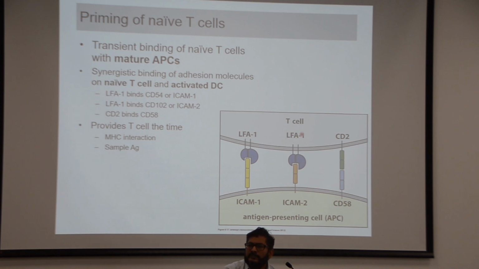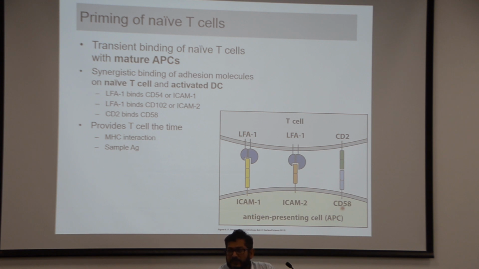T cells on their surface have got a low level of expression of lymphocyte functional antigen 1, LFA1, along with the CD2 molecule. While the antigen presenting cell have on their surface ICAM1 and ICAM2, which is intercellular adhesion molecule 1 and 2,